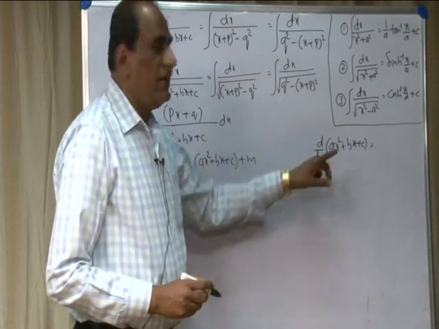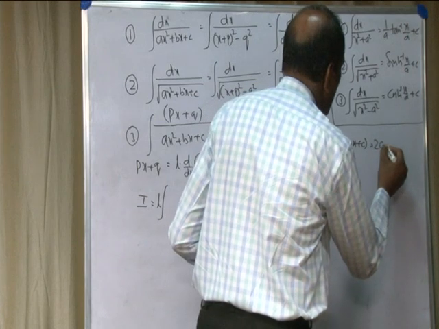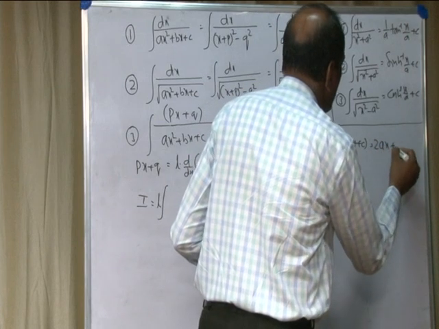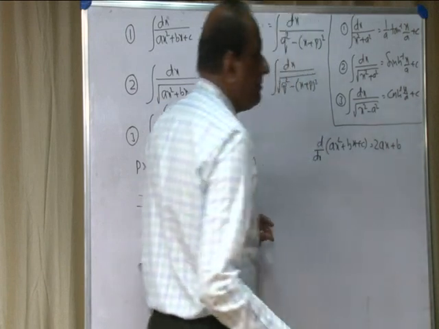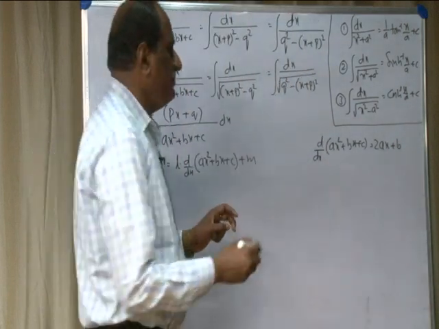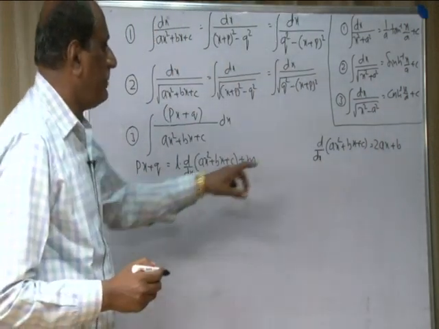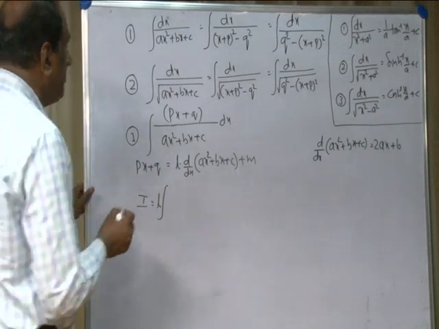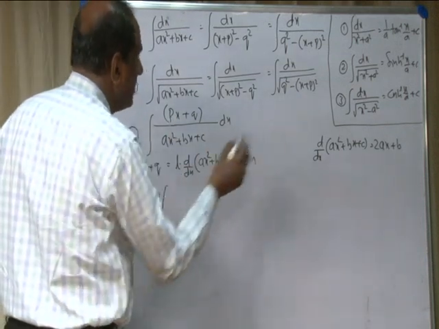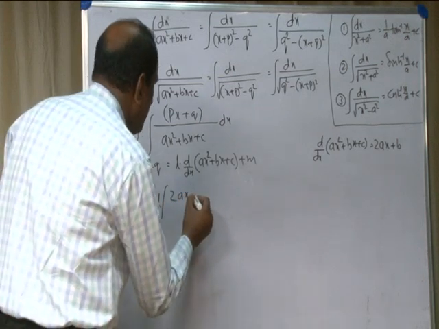A is a constant, the differentiation of x square is 2x, so 2x into a, that is 2ax. B is a constant, right as it is, x is the variable, derivative of x is 1, C is constant. Therefore, d by dx of Ax square plus Bx plus C is 2ax plus B. So, Px plus Q can be written as L into (2ax plus B)